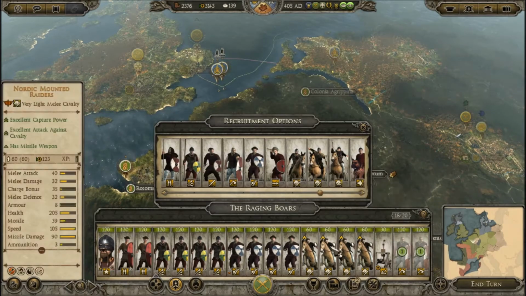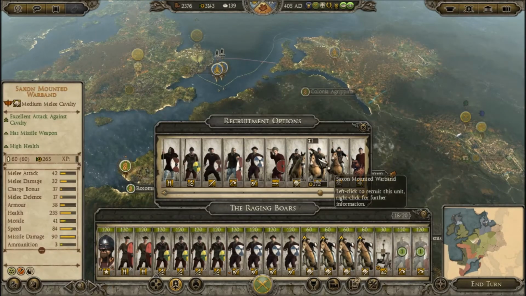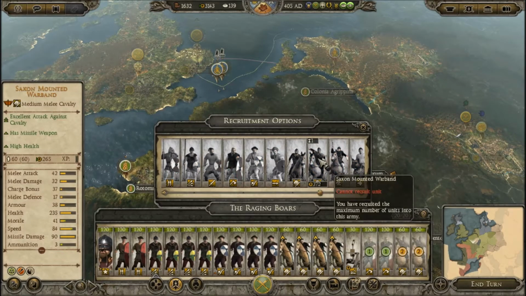These are a little bit more durable than the mounted raiders we have. The mounted raiders, of course, are faster and they can skirmish. These guys are going to be able to fight in sustained combat a little bit better. They also have skirmishing weapons too, so they're pretty versatile. So in that regard,